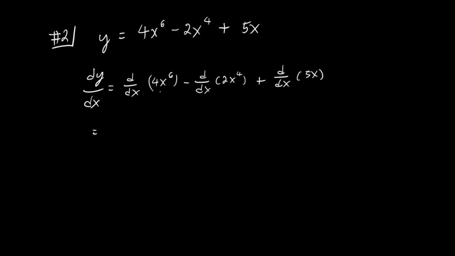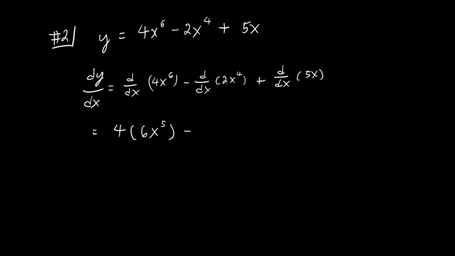For the derivative of 4x raised to 6, we just copy the 4 and then take the derivative of x raised to 6. The derivative of it is 6x raised to 6 minus 1, which is 5,